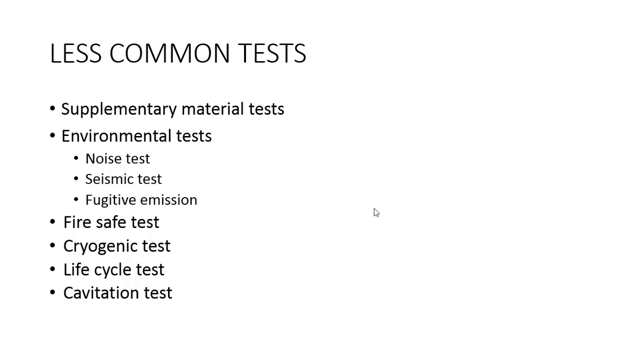Next is cryogenic test. The valve is cooled from outside to minus 196 degrees centigrade using liquid nitrogen. Helium is inside the valve and leakage is checked by sniffing test. The valve is opened and closed several times, and then again it is checked for any leakage and change in the torque requirement, and a report is prepared.